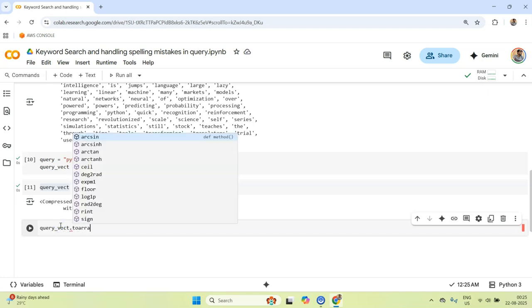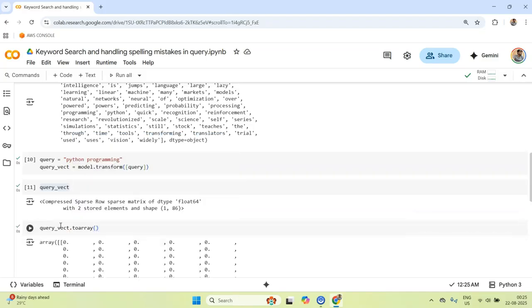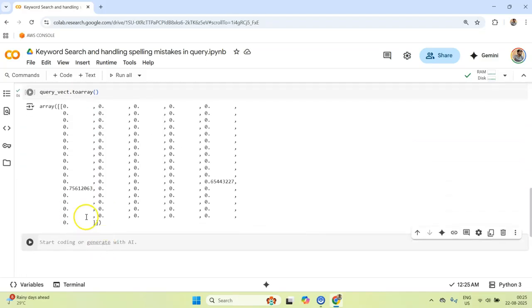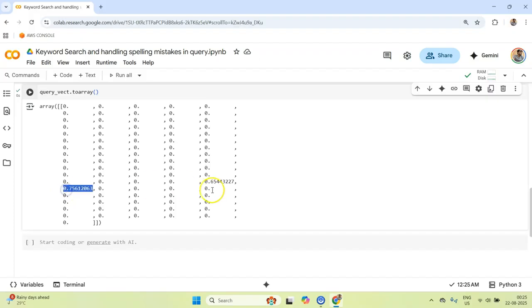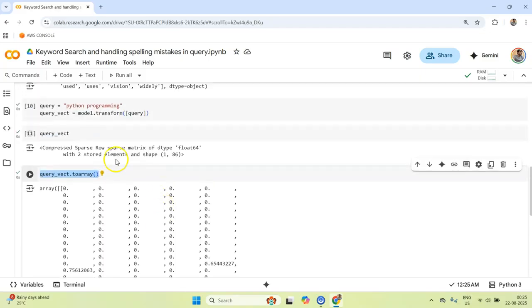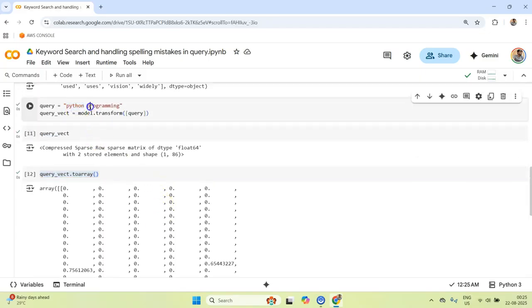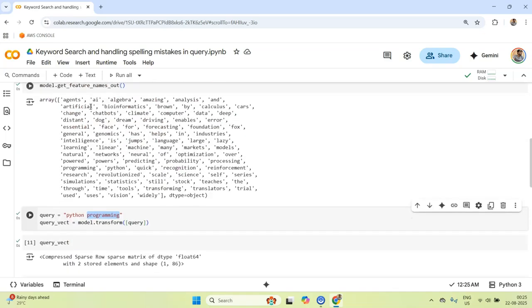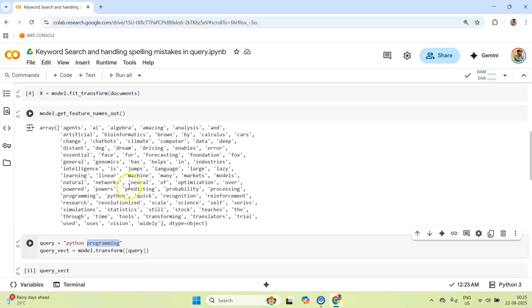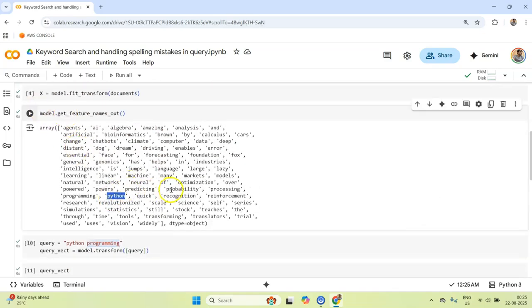basically array representation, right? So this is the array representation. You see some of the entries are filled. What are these entries? If you check the index, these entries might be corresponding to Python and programming, because within our features Python must be coming here and then programming must be coming here, right?